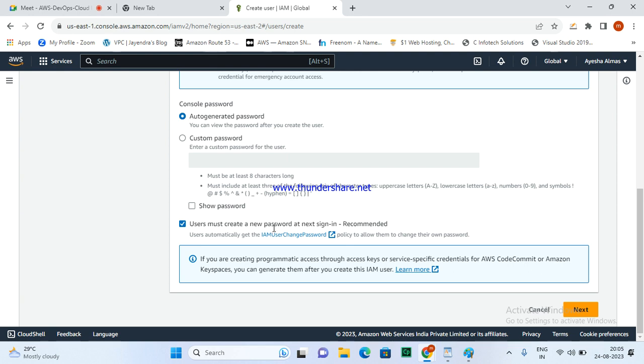And user must create a new password at next login. For example, I created the user for the Python user John. When they log in for the first time, it will ask them to change the password, because the administrator created the password. Next time, if something happens to John's account, they should not blame me, because they have their own password. Now I don't know the password. So it's good to go for: user must create a new password at next sign in. So when I say this, next,